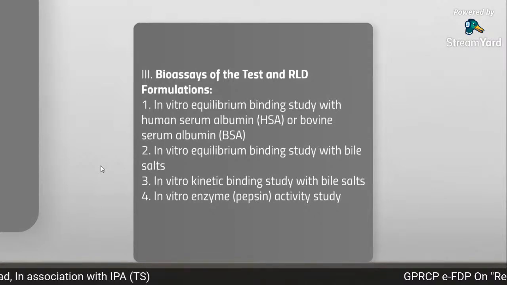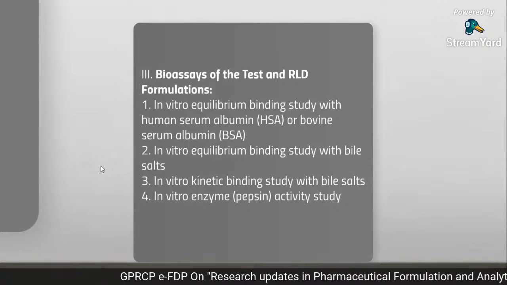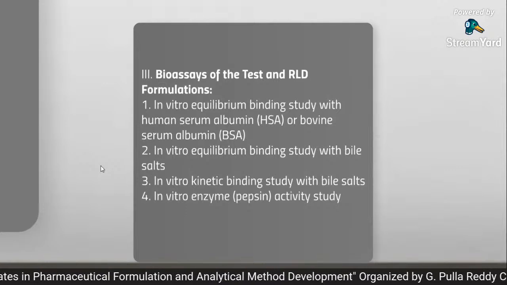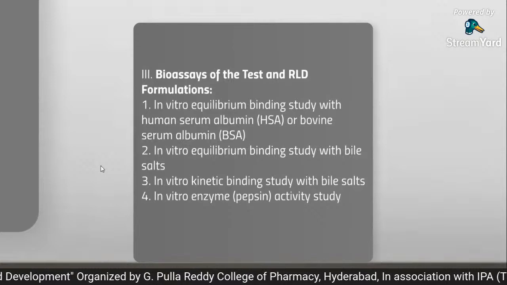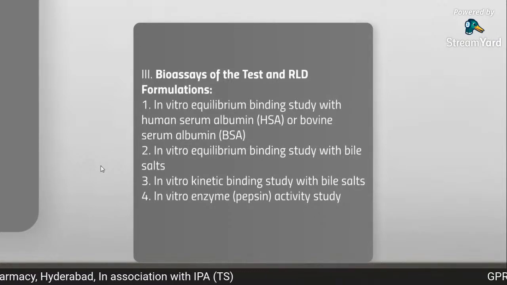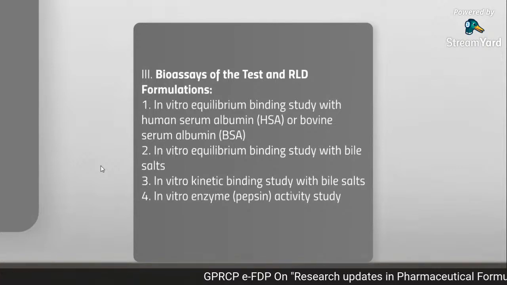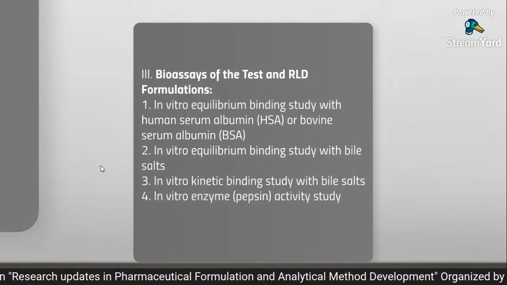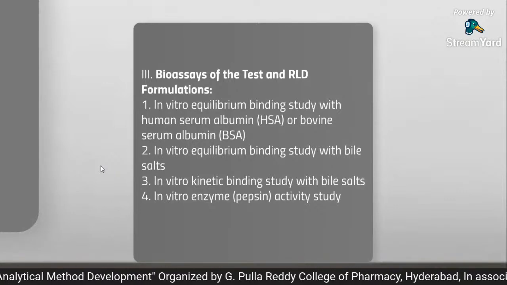accepted this, if we prove our formulation is equal in all these tests, both in API, in vitro formulation, and bioassay, then we can conclude that our formulation is equivalent to the innovator formulation. In that way, we have succeeded, and we have proven that our formulation is equivalent to the innovator, and we have submitted our application as an ANDA application to the FDA, so that we get the waiver of clinical endpoint bio testing, because doing the testing in patients is a very critical job, and even unethical. So we approached the FDA by proposing these alternative in vitro equivalence testings, and FDA also has accepted.